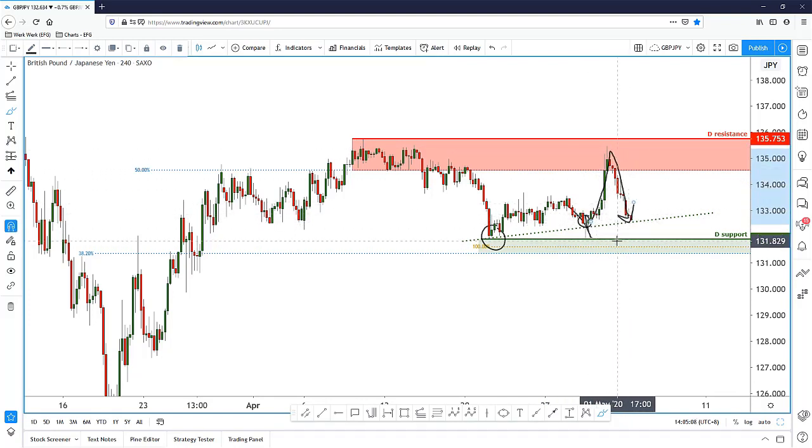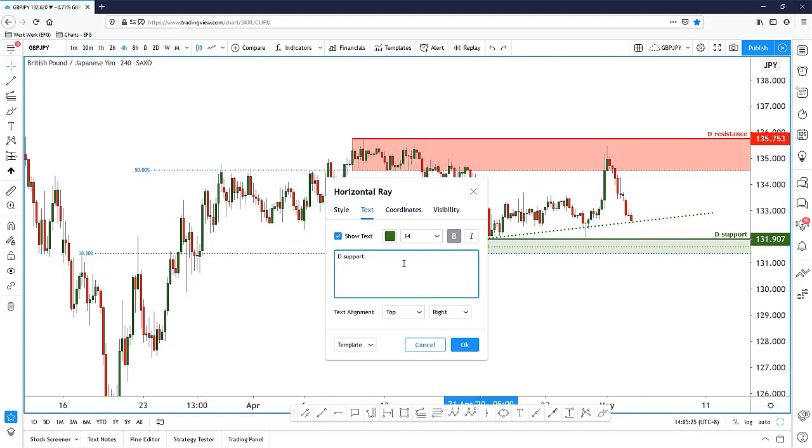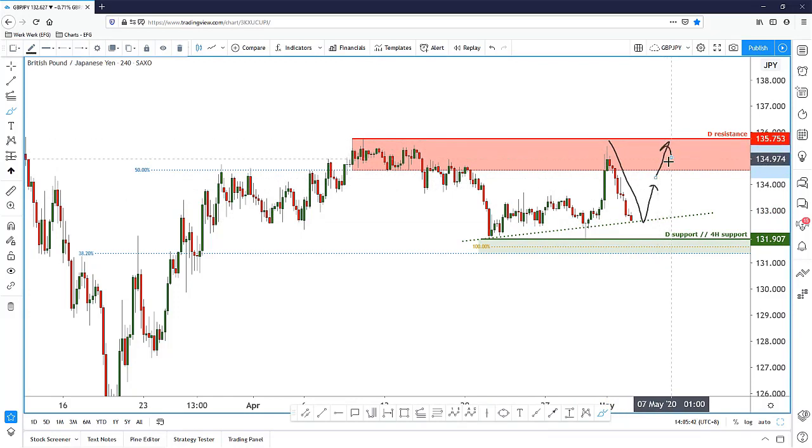All right, so price could just test this level and then we see a push up towards the daily resistance. But this is the 4 hours. This is just something that I want to point out to you guys. The daily support, we can also consider it the 4-hour support, right? Reason being, the price is really quite close to the daily support right now. Okay, and we see that there's this push down. So we want to see how far price can react first